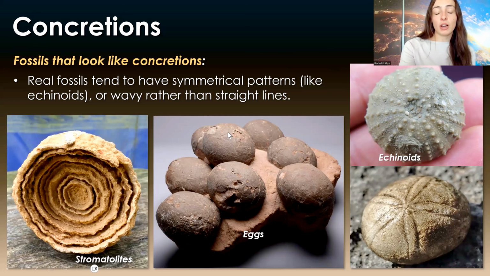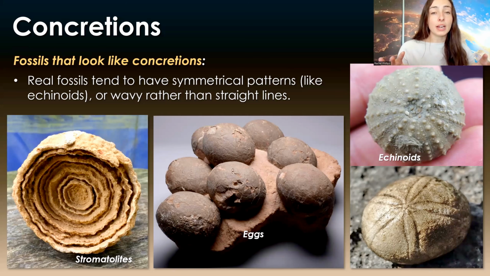Eggs are something we talked about earlier that are often mistaken for septarian nodules, for example, but also can be mistaken for concretions and vice versa. One thing that gives away eggs is they often have their shell material preserved in a different mineral than the internal cavity of the egg was filled with. So sometimes that helps tell the difference, because you can tell where the shell would have been. But if the shell isn't preserved, you can use the more oval shape to identify them,